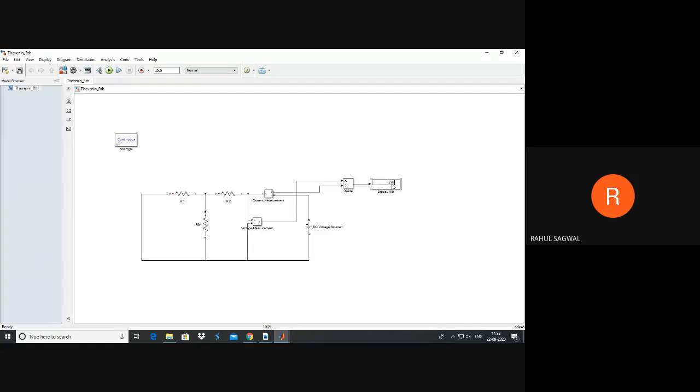Okay, we got the value 275, but with a negative sign. That's because the current terminals are connected accordingly. Originally the source was here, so we had connected this positive terminal here and the negative terminal towards the load side. But now we have changed the position of the source. That's why this negative sign is appearing.